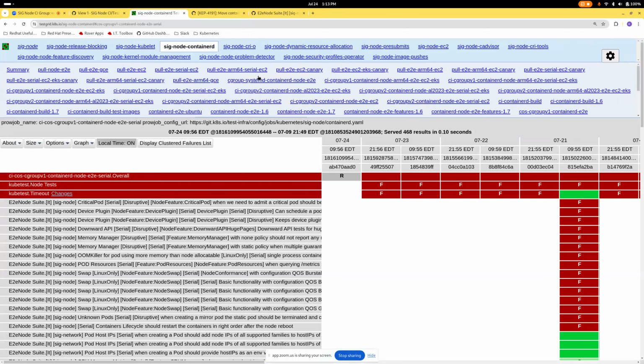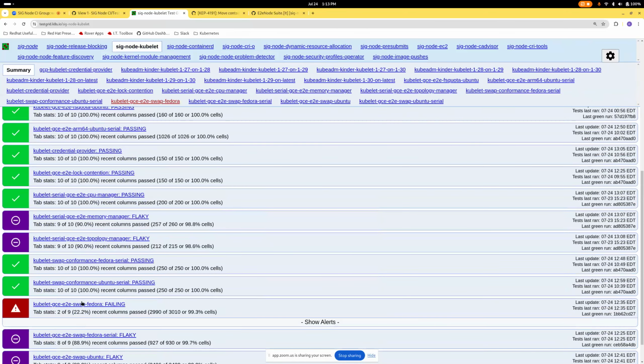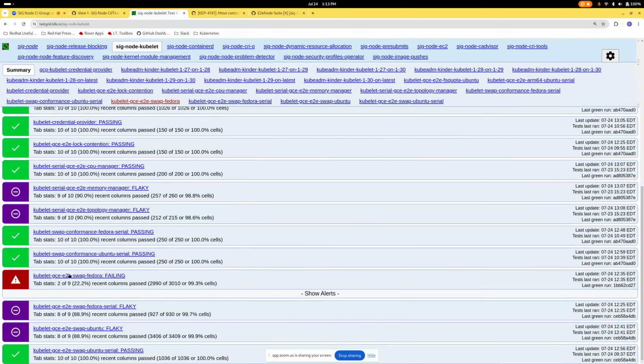But generally it looks like, considering code freeze, we're looking pretty good on tests other than that one stats summary. Hopefully once that merges, we can have a better idea of what's happening. Check DRA, seems good.